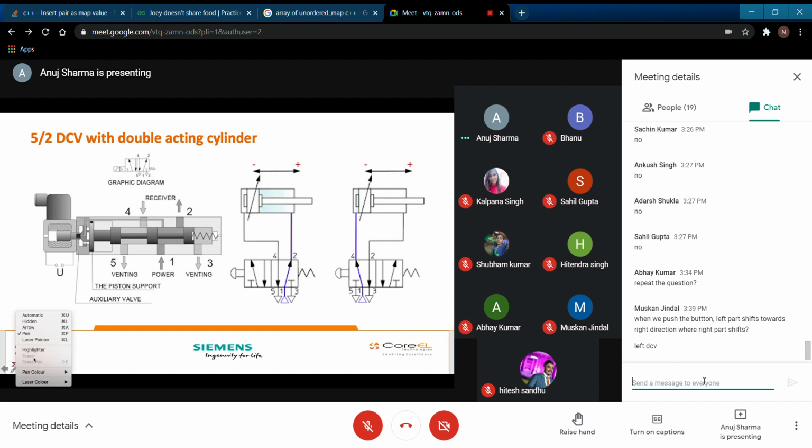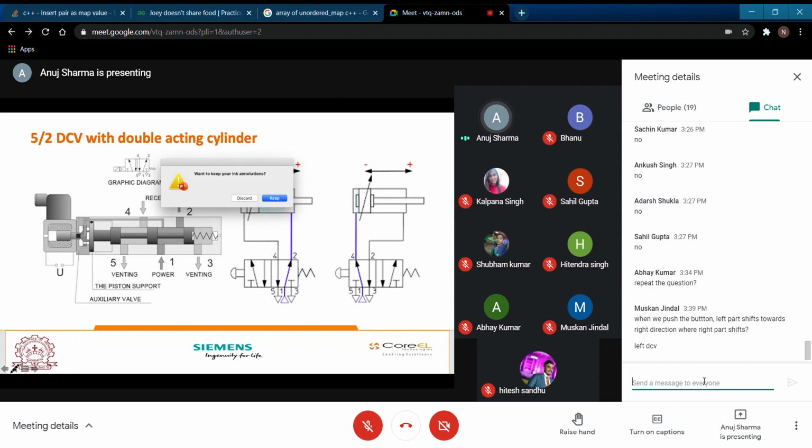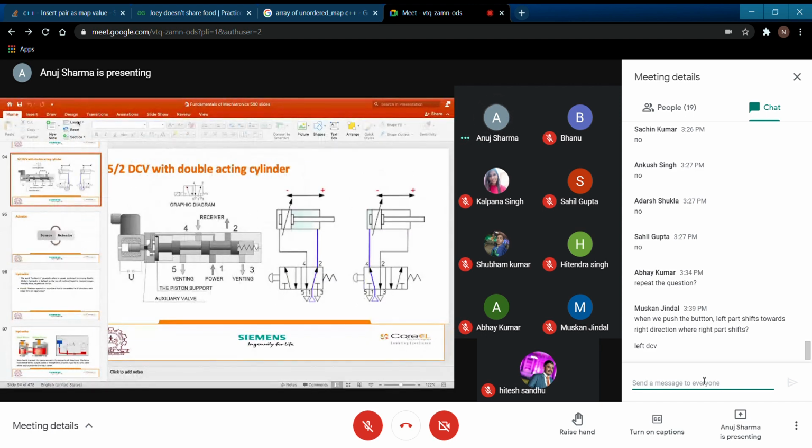Raise pen, use pen. What you need to do at this point of time is, for example, in your case, you don't want to change the position of the line. What you will do, you will draw a box here. Just let me do one thing. Let me escape from here and discard this and tell you like this.